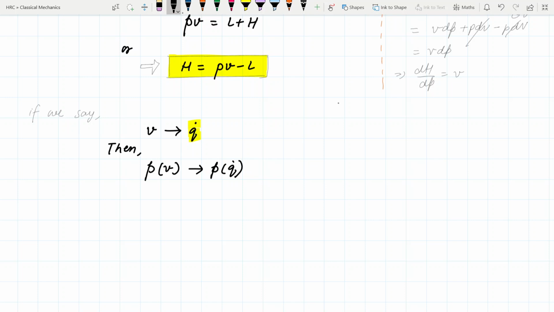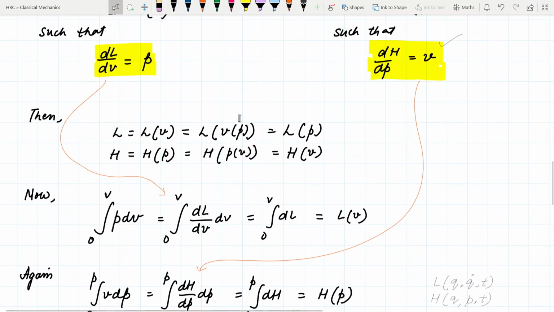So in such a situation, we can conclude that del L upon del Q dot is equal to P, where P is the canonical momentum. Yes, how? Here I had assumed